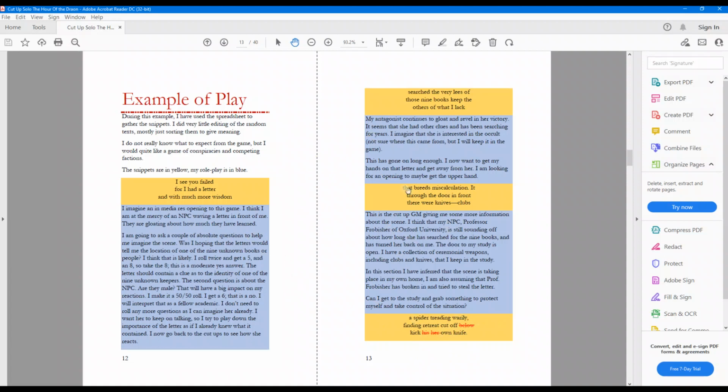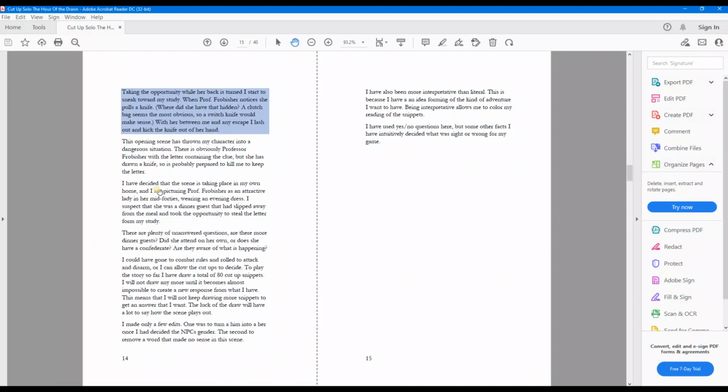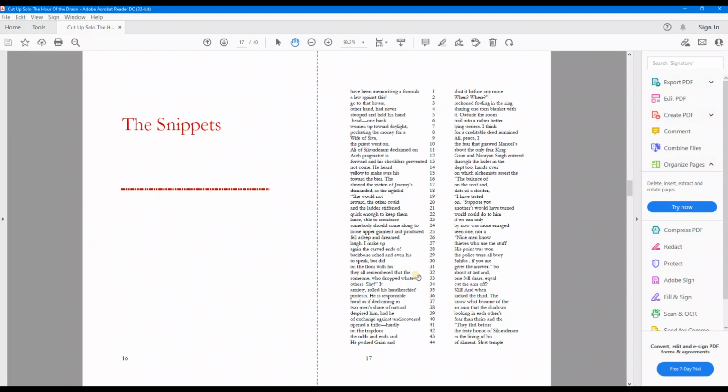And I go through a brief sort of conflict at the start, and then there's a debrief about what I was playing, why I was thinking the way I was. Then you get into the snippets. Now, this starts on page 17 and it's a 40-page PDF, so more than half of the book is made up of snippets. I use this on a tablet most of the time and use it with a